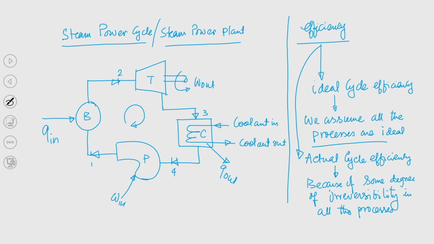Now, we can see that there are two different efficiencies. One is the ideal cycle efficiency, but considering the thermodynamic irreversibility, we also need to define another efficiency, that is the actual cycle efficiency. Now, the ratio of these two efficiencies, the ideal cycle efficiency to the actual cycle efficiency, is known as relative efficiency. Okay. So, for the sake of completeness, till now we have discussed two different efficiencies.